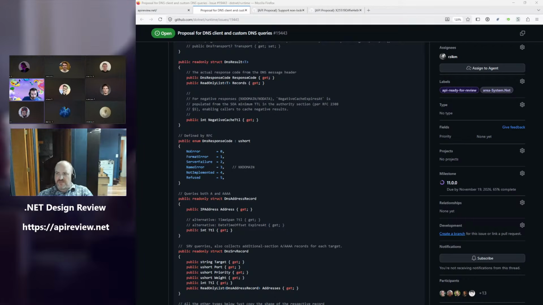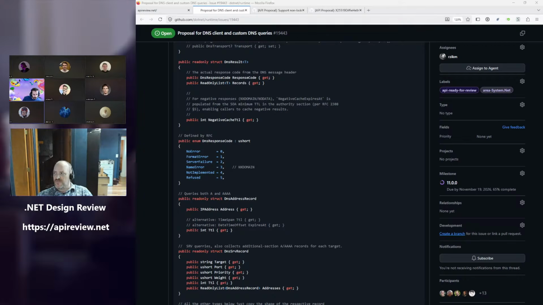Why calculate a time to live if you're given an absolute expires-at timestamp? Like you said, you had to calculate the time to live. Why not just expose whatever the DNS server was giving you? By calculate, I mean take the minimum of two numbers. The command mentions it. So is it expires at, a TTL and not a